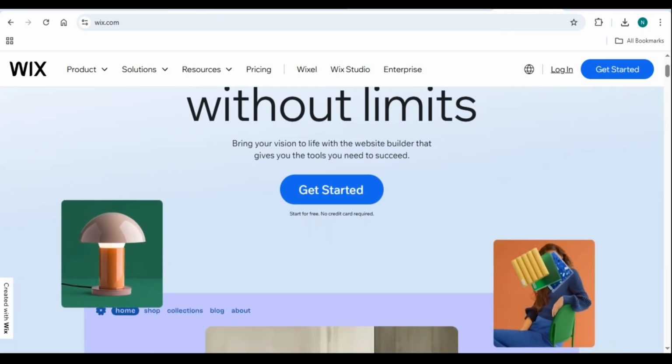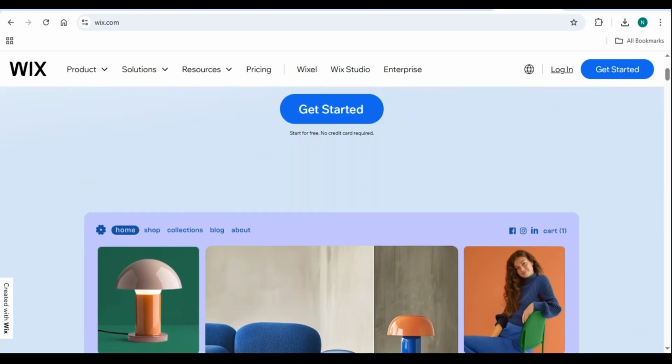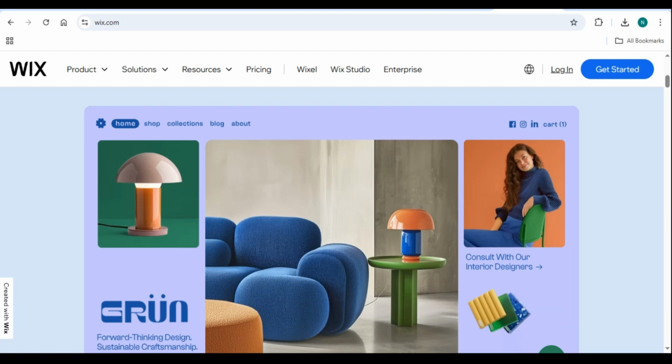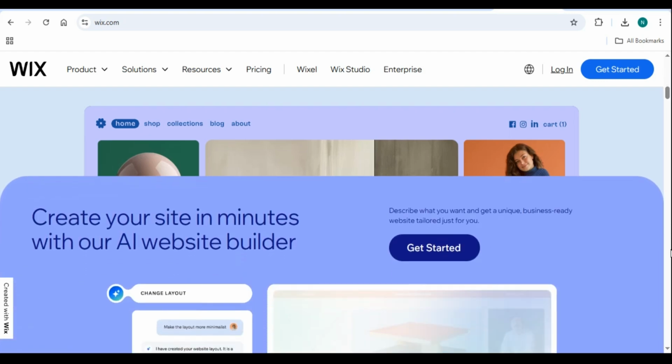Hello everyone, today we will be looking at how to convert your Wix website to a Shopify store. Step-by-step guide 2025. Transitioning your online store from Wix to Shopify can seem daunting at first, but it is a